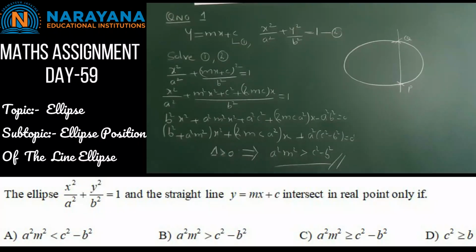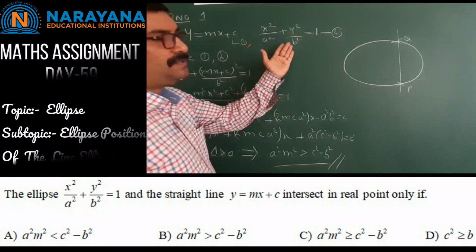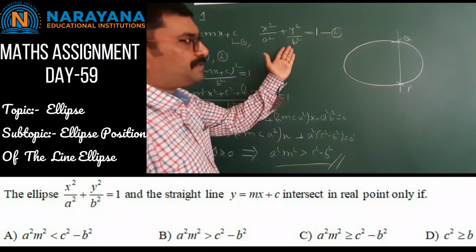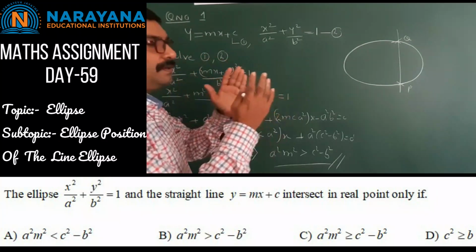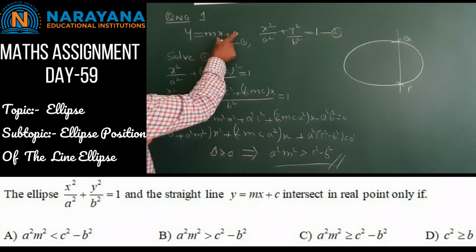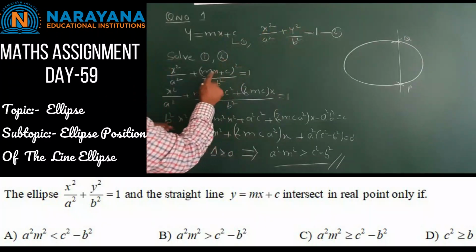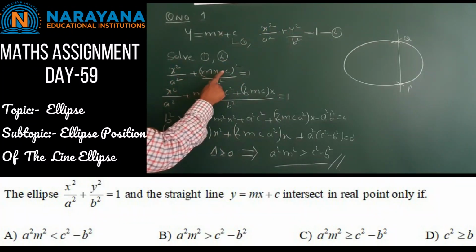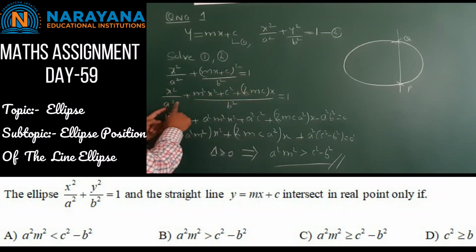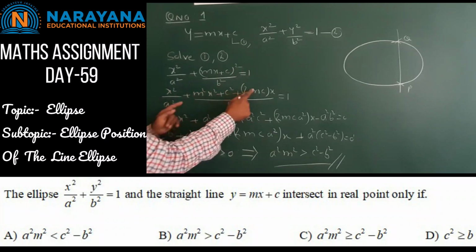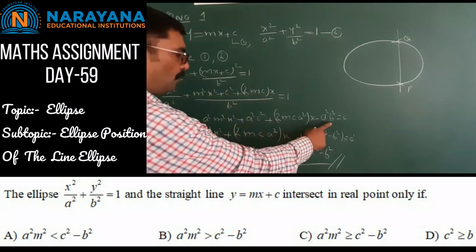In question number 1, the line y equals mx plus c cuts the ellipse in two real points. So convert either coordinate in x or coordinate in y. Substitute y equal to this value. It becomes x square by a square plus (mx plus c) whole square by b square equals 1. If I cross multiply, this becomes b square into x square plus a square into total quantity. You are going to get,